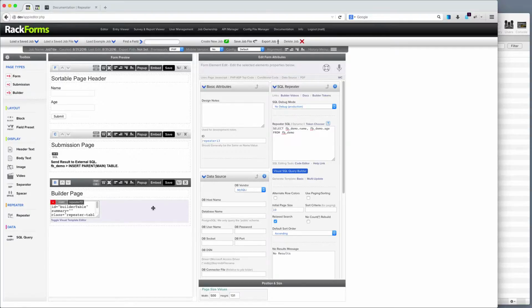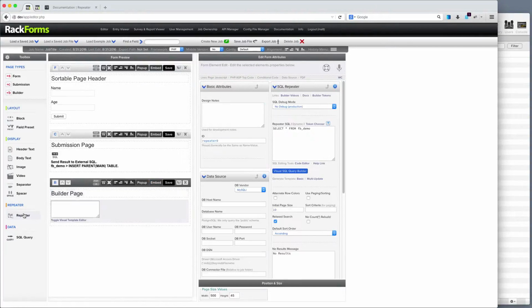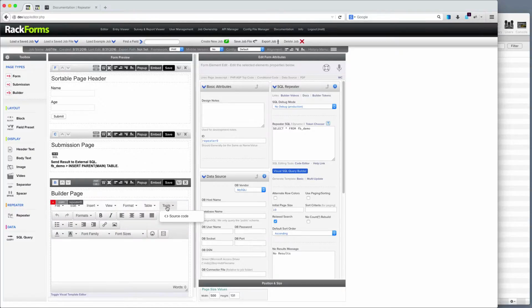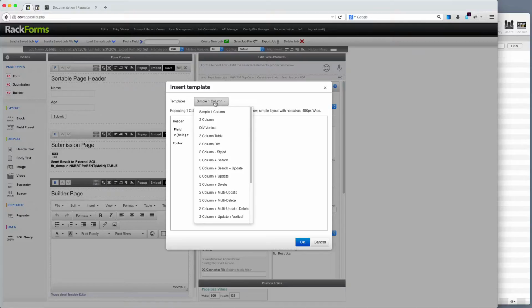Well, I actually want to create a query that deletes and shows records. So the way I'm going to do that is I could modify this, but I'm actually just going to start from scratch right here. I'm going to delete that current Builder repeater, and I'm going to add a new one. So step one now, we're getting into the proper content of our delete page. Step one is to toggle on the visual template editor and to select one of our delete templates from the